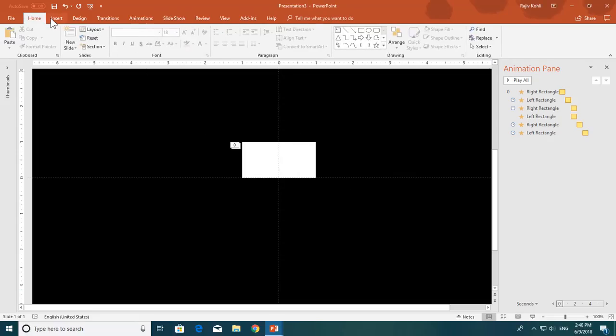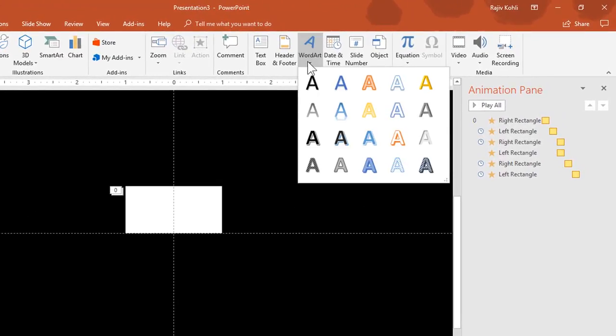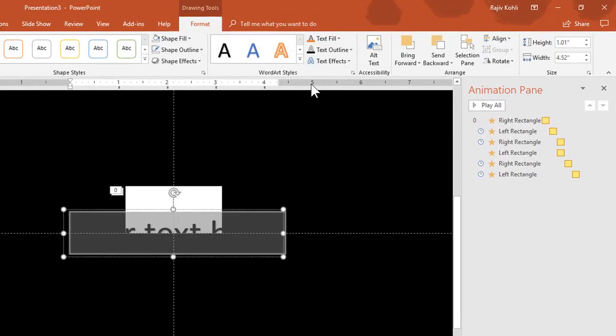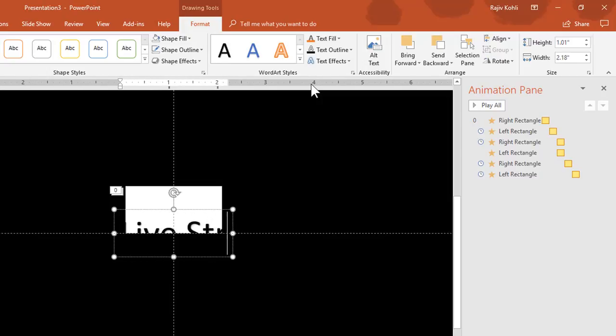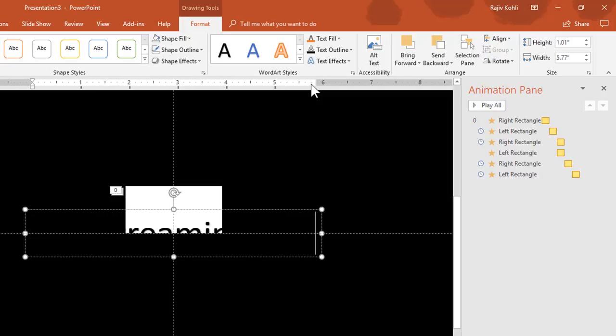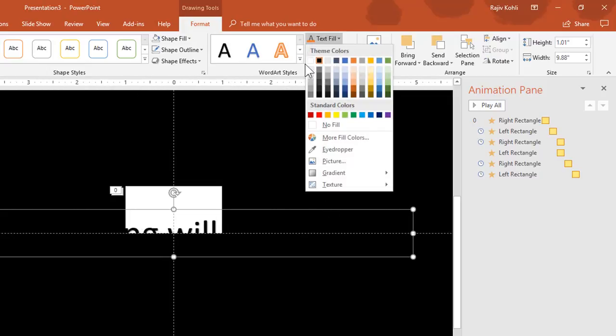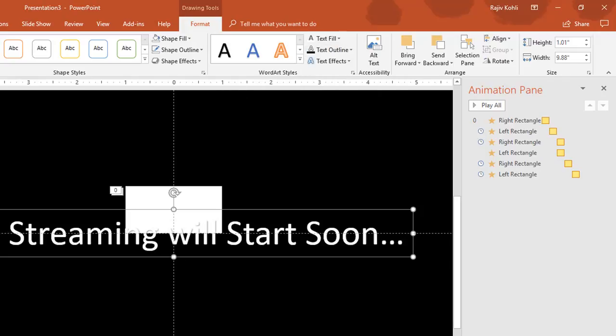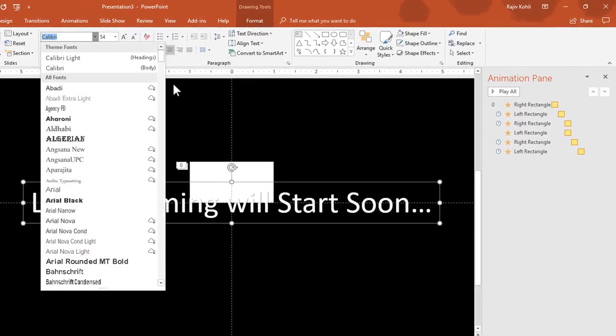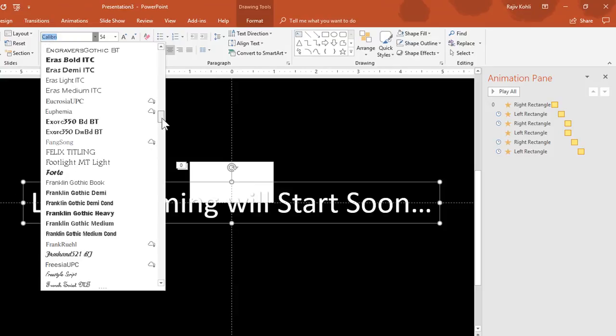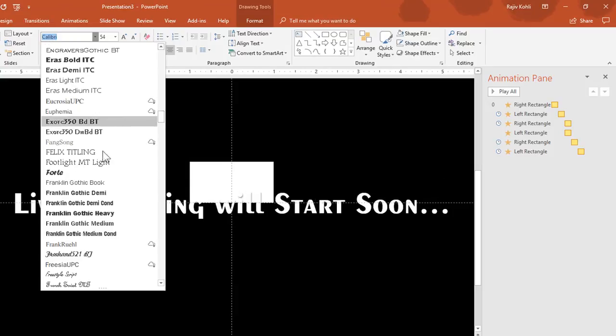So finally I am going to add a text. Go to the insert tab, click word art, choose any style you want. Live streaming will start soon. I am going to change the font color to white, and I would like to apply the font that is Earring.